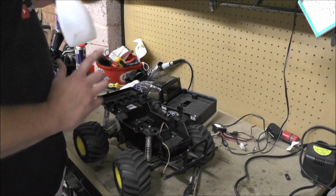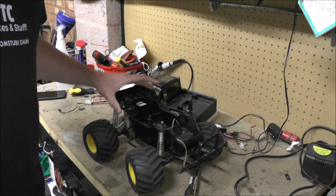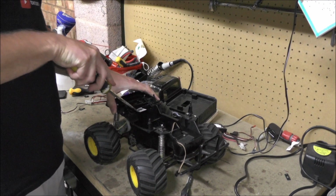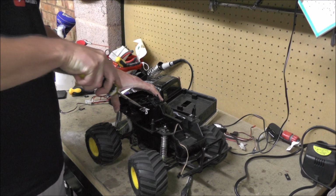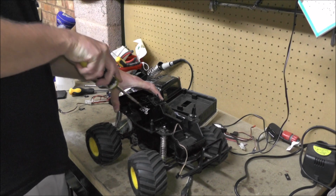What I like to do is get a bit of alcoholic spray. Not too much. Just let that soak in for a bit. It doesn't need to soak in very long. Get your big old blade screwdriver, or your negative, whatever you want to call it, and just scrape it off. You want to get as much off of that as you can, really,